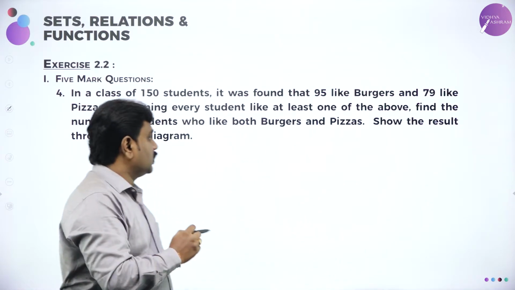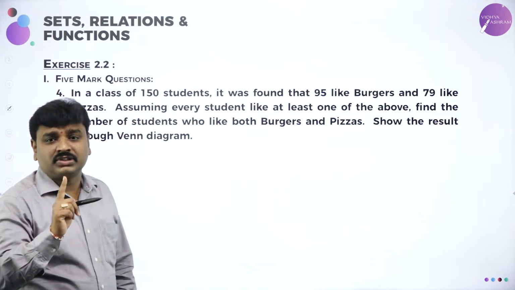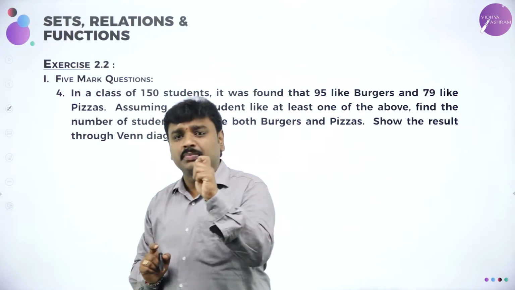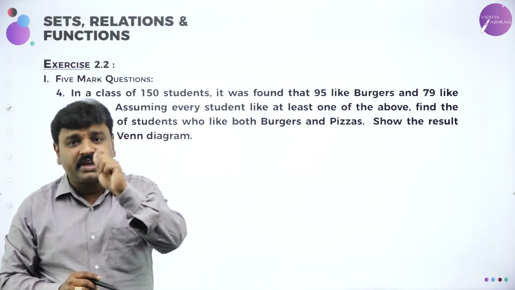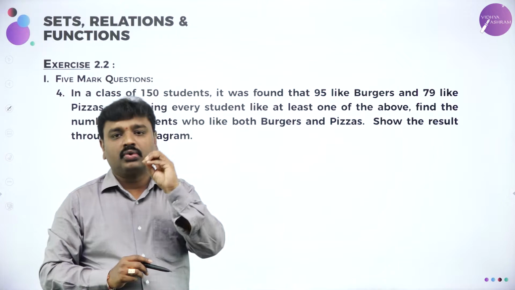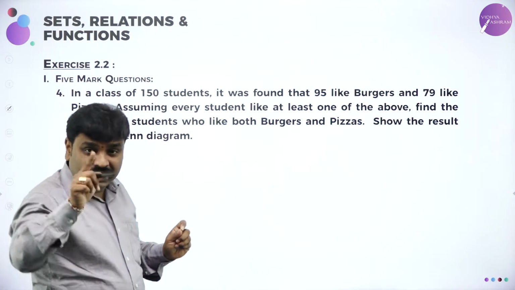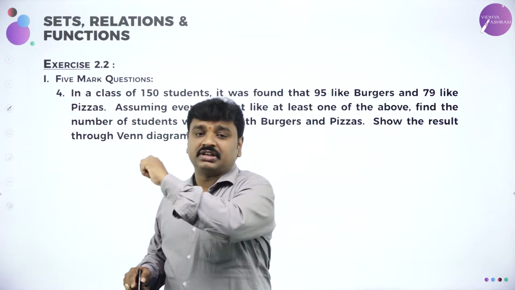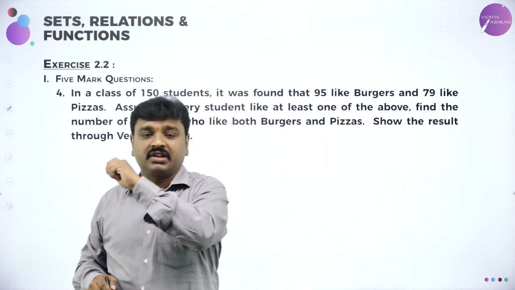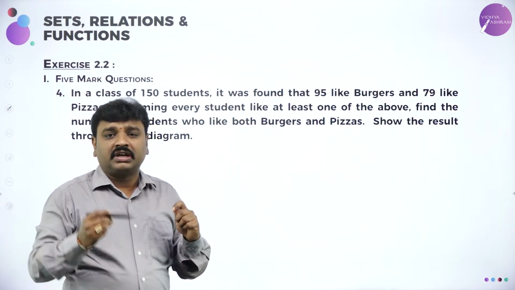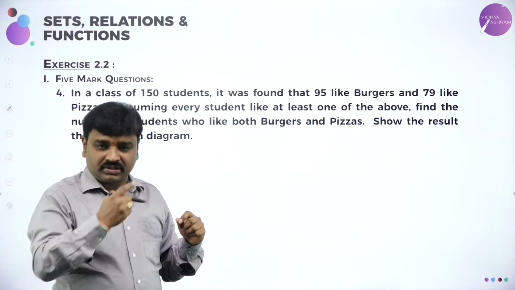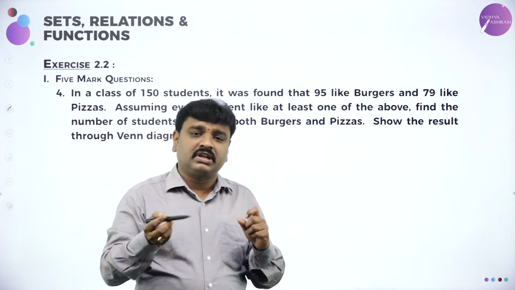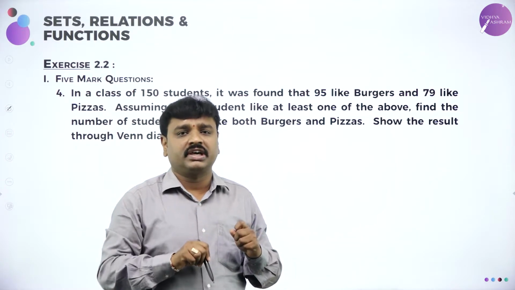See, every question can be done by 2 methods. One is the cardinal number relation method, the other one is the Venn diagram method. But certain problems will mention solve it by Venn diagram, then we need to do it by only the Venn diagram method. So, in my last session 3 problems I have done wherein I used more formula, cardinal number relation, n of A union B, n of A intersection B. But in today's class I will select the exercise problems, that is exercise 2.2, where we will pick the questions where they will specify that you have to solve by Venn diagram.